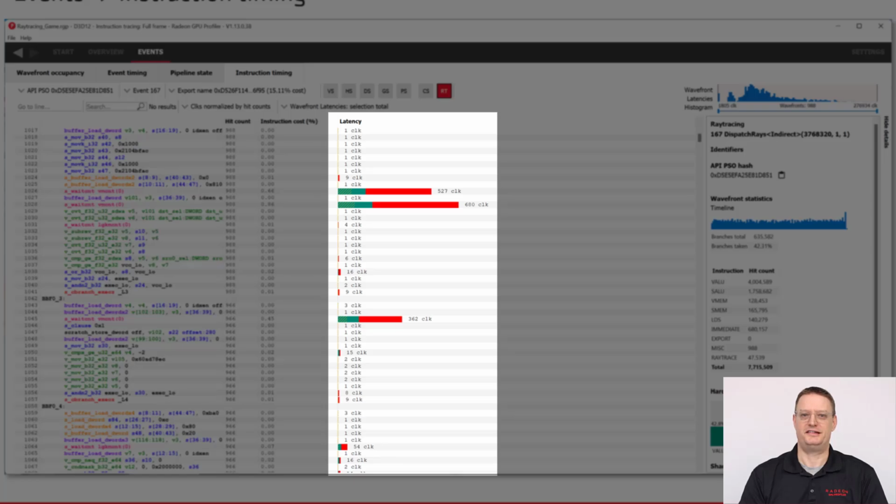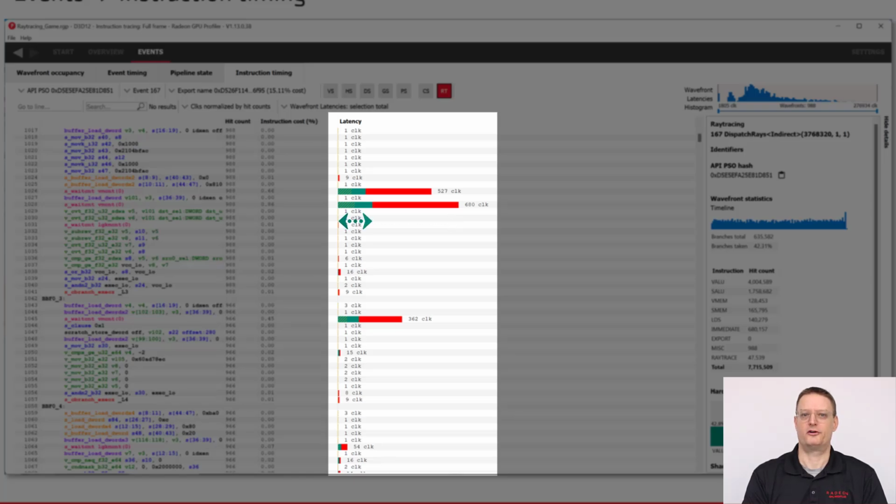By default, the latency figures are an average latency per hit, taking into account every time an instruction executes across all analyzed wavefronts. In addition to the latency figures, there's also a bar representing the latency. The length of this bar is relative to the latency of all other instructions, so a longer bar represents an instruction with a higher average latency. The bars are color-coded to let you know if any of the reported latency was hidden by work performed on other wave slots while the subsequent instruction was waiting to be issued on the current wave slot.